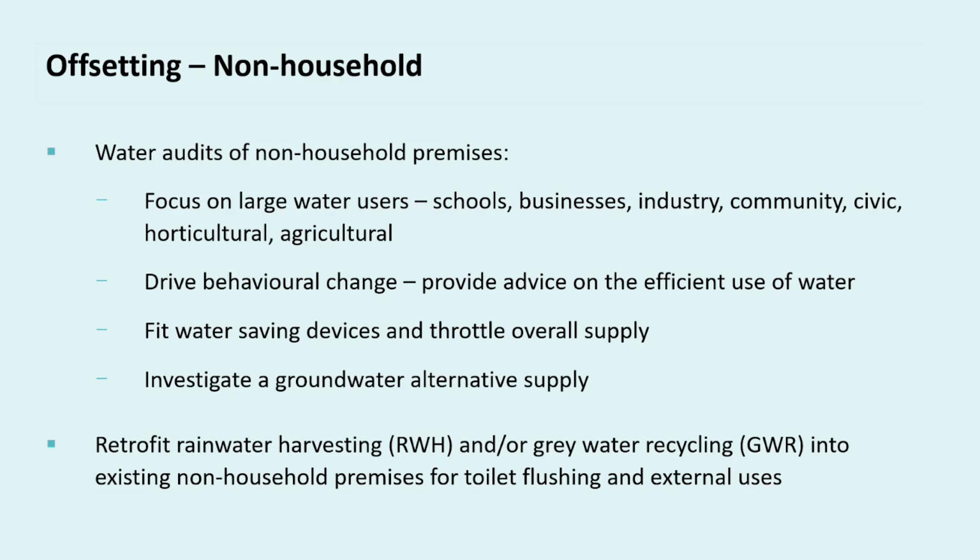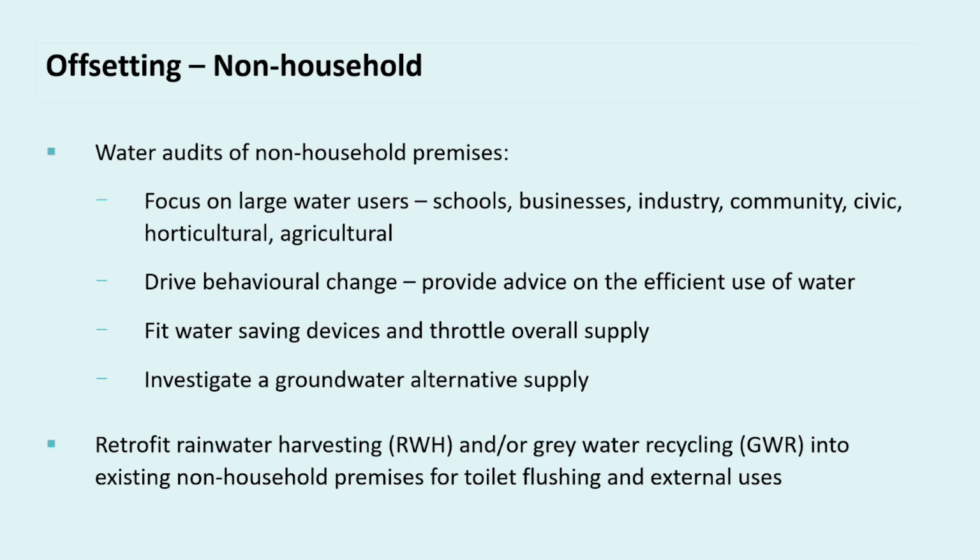So moving on to offsetting. This can be achieved either directly between a developer and owners of existing buildings or mediated through a local authority or a regulator-run water credit scheme. The principle remains the same. Reductions in water demand from existing users can be used to offset the new demand from a new development. So for example, if any existing properties or businesses will be demolished as part of a new development scheme, their prior water use can be offset against the new demand from the development.